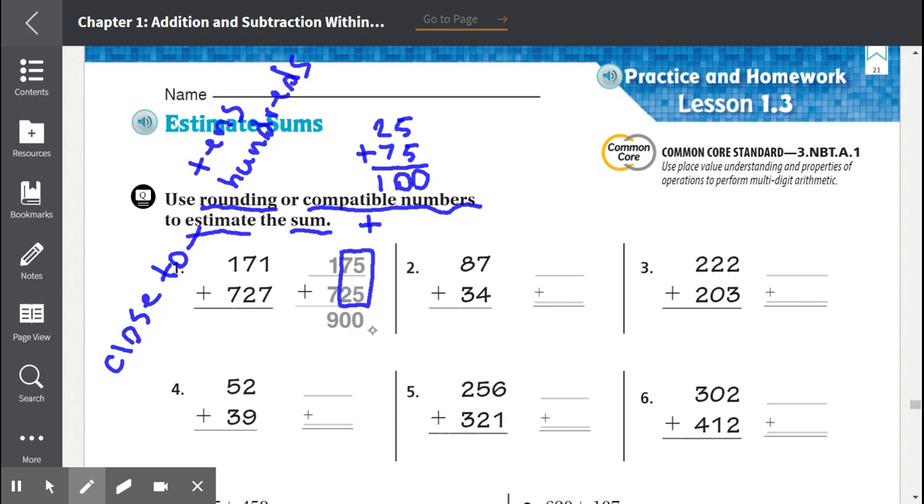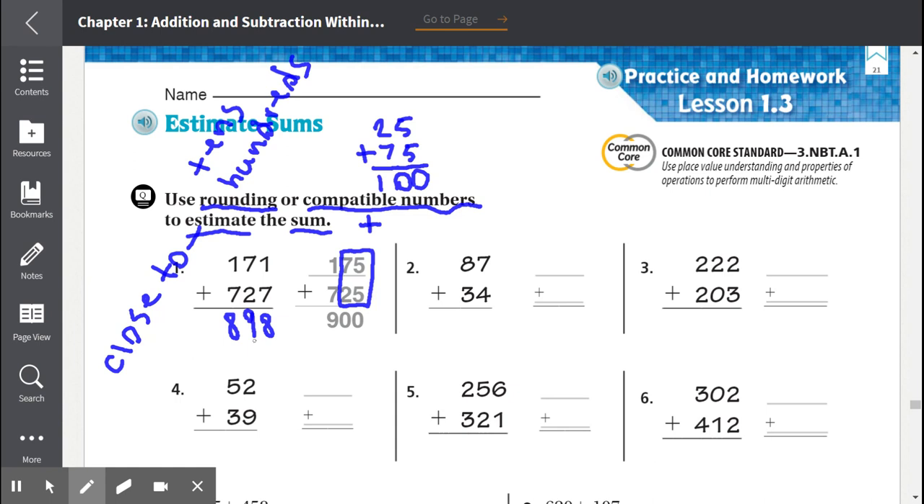But if we wanted to find the exact answer, we would add 1 plus 7 is 8, 7 plus 2 is 9, and 1 plus 7 is 8. The exact answer is 898. But we were not looking for the exact answer. They asked us to find the estimate. Number 2,